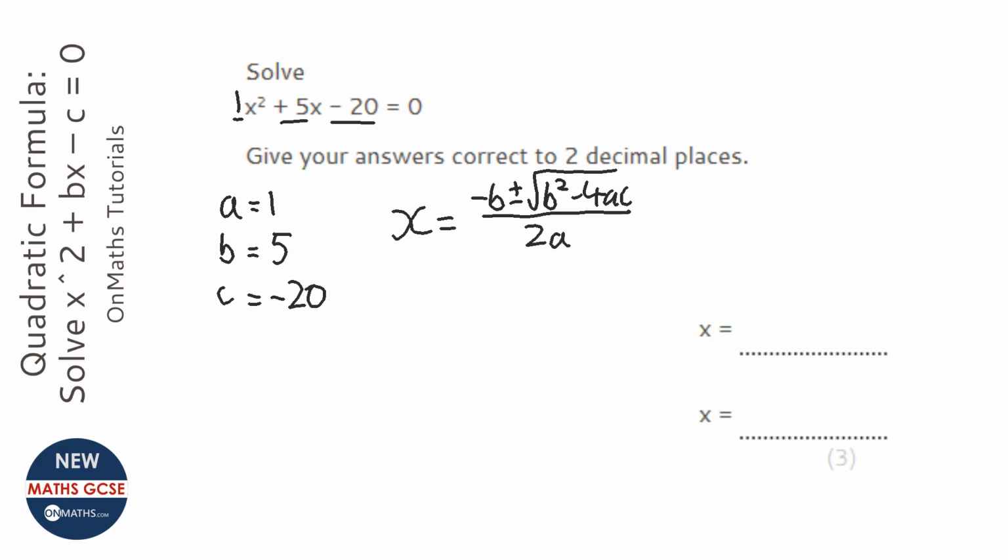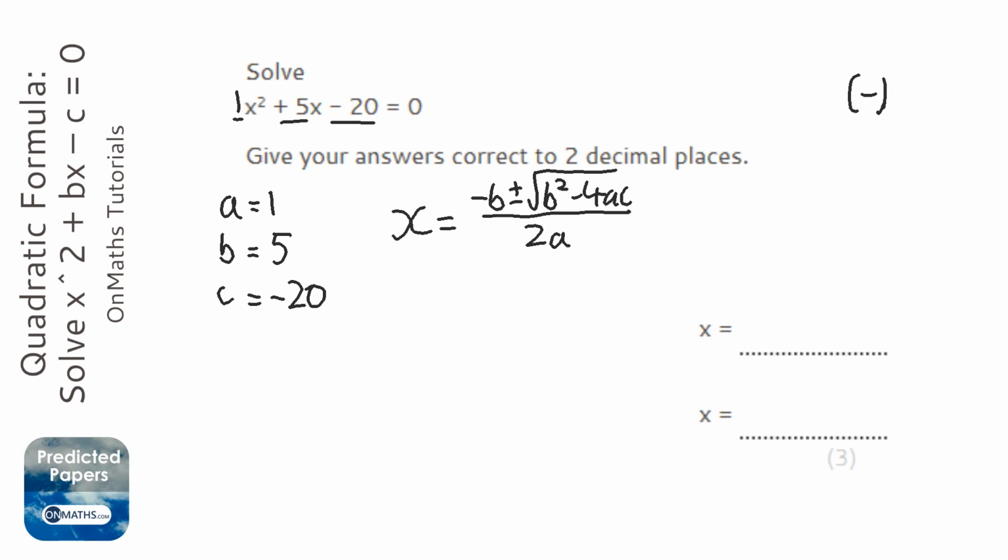And I'm not going to do stages of working out, I'm just going to type it purely into the calculator, because the calculator does a much better job, but there are a few things I need to be careful of. So the first thing I'm going to do is press the fraction button on the calculator. Then I'm going to press the minus button, which looks like this on most calculators. And then I'm going to press B, so minus 5